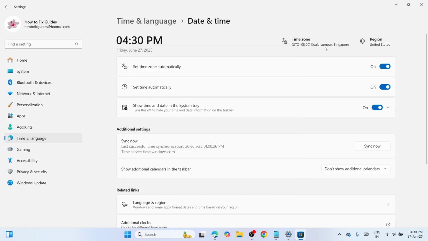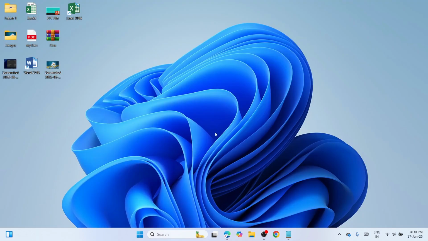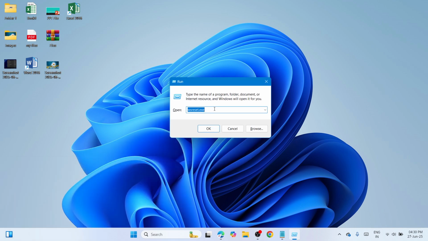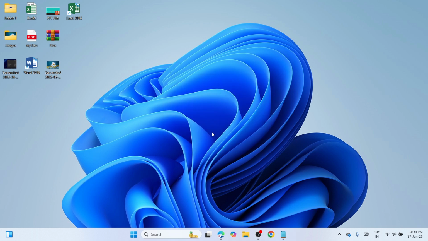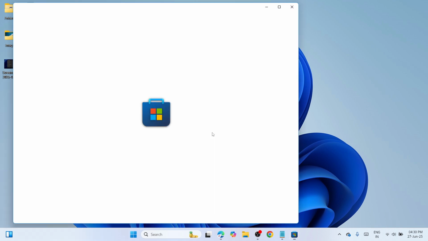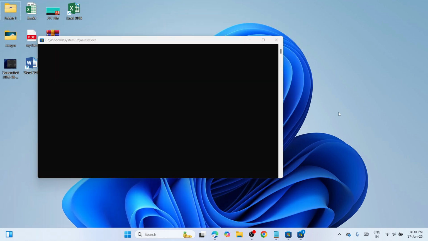If the error still persists, proceed to the next step, that is to clear the Microsoft Store cache. Press Windows key and R key together. Type wsreset.exe. Click on the OK button. Wait until this procedure is finished, and once you are done with this, check if the error has been resolved. And if not, then I want you to copy the command that I have given in